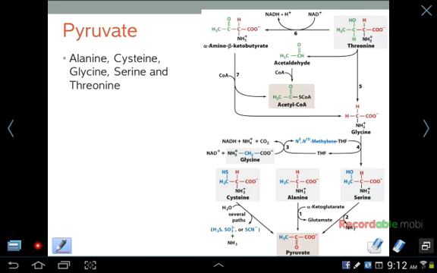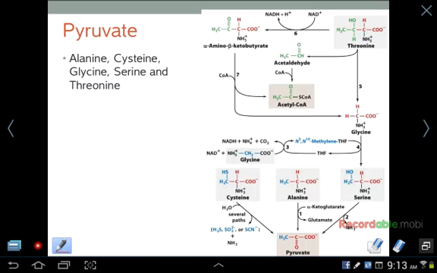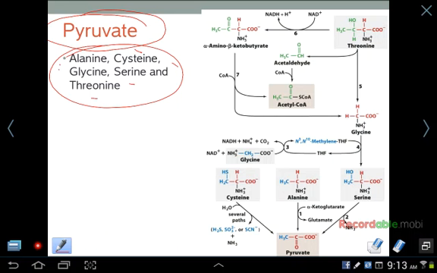All right, so what we're going to do in the last part of this lecture is we're going to talk about all of these 7 metabolic intermediates and which amino acids are broken down to form that intermediate. I will show you the mechanism for each of them on the slide. However, I'm not going to expect you to commit every one of these mechanisms to memory. What I want you to notice is the common intermediate and which amino acids are broken down to form that intermediate. So pyruvate is the end degradation product of alanine, cysteine, glycine, serine, and threonine, as you can see here